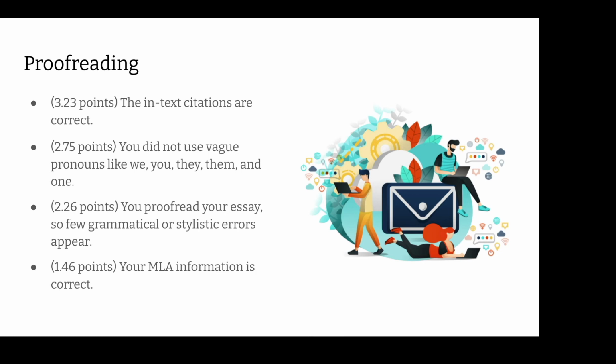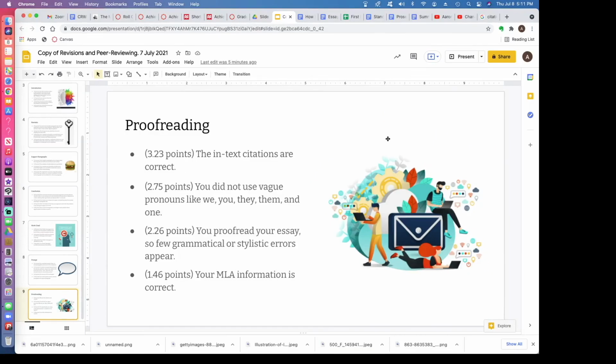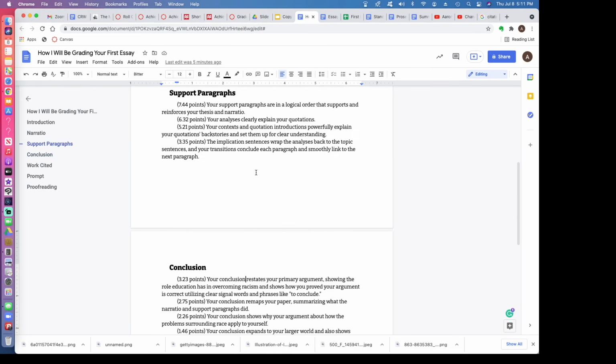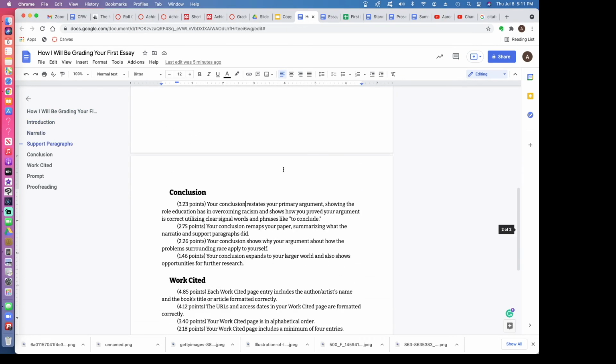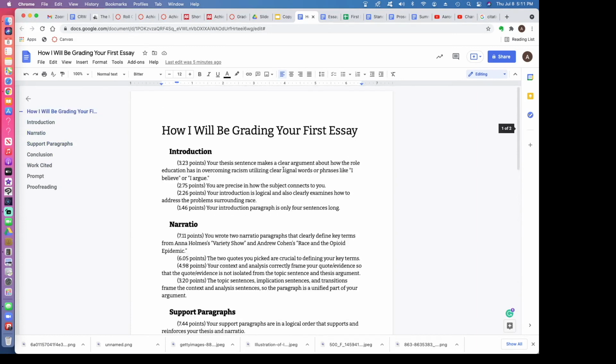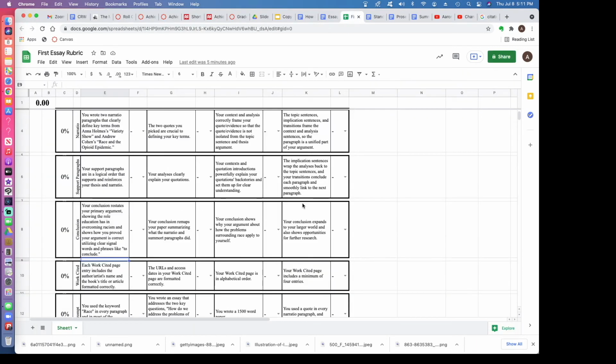So like I said, I've uploaded this slideshow up to files. I included this document right here that has all the information in there. So for those of you who read better this way, I've provided this document for you. And then next, this right here is the actual rubric. So when I'm grading your paper, I'm going to be looking at certain things. And let me show you how it works.